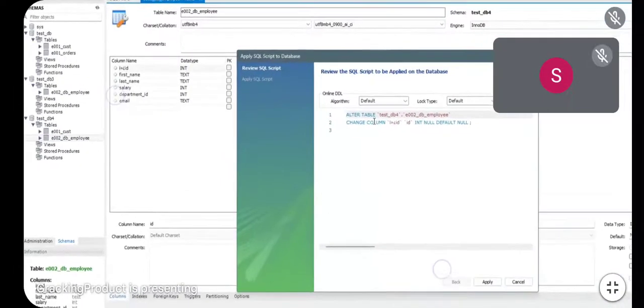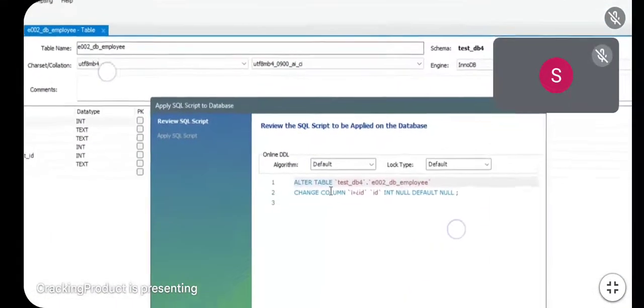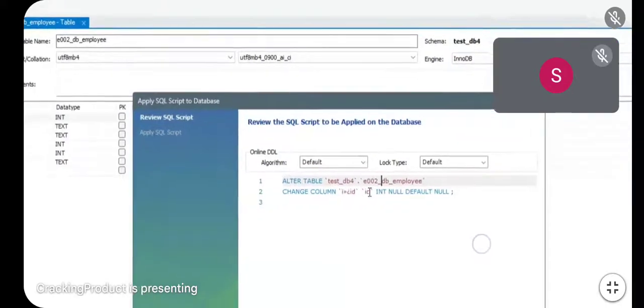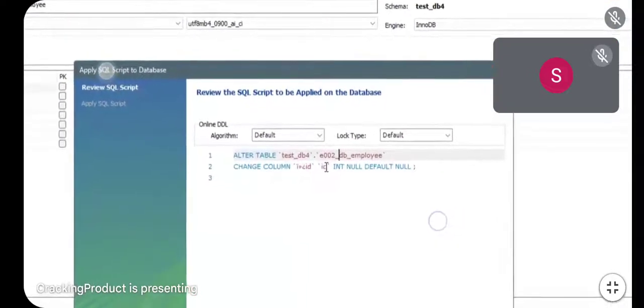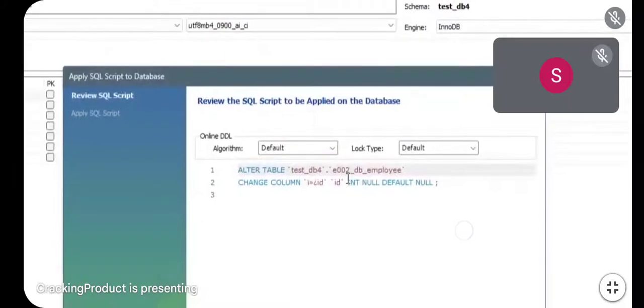What we have to do is change the column. So change column, which is initially this, and the final column is going to be ID. It is supposed to be int, which is a basic default type. You can basically ignore this. If I just apply ID,